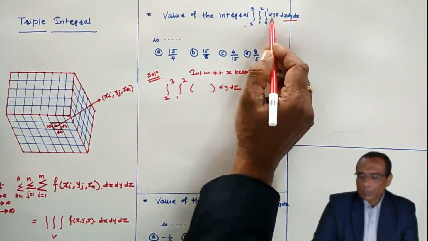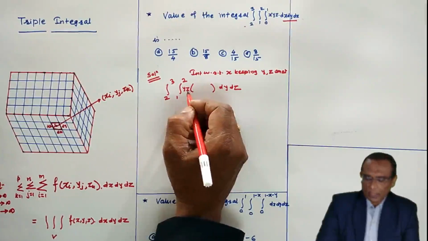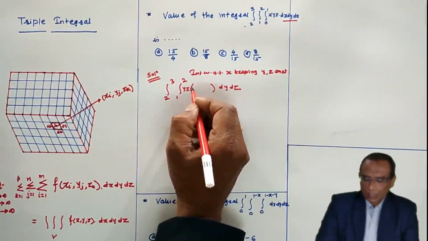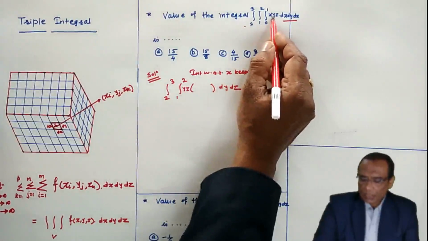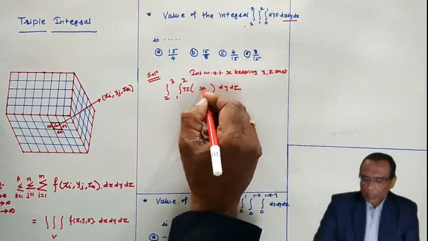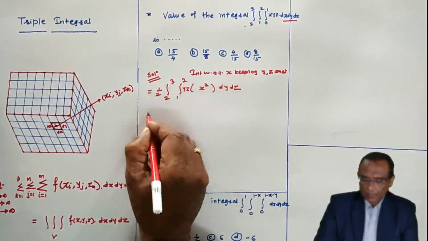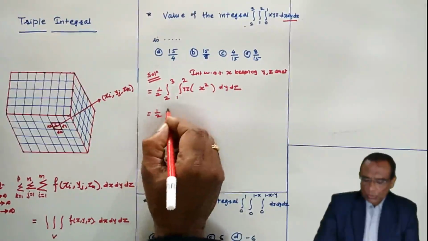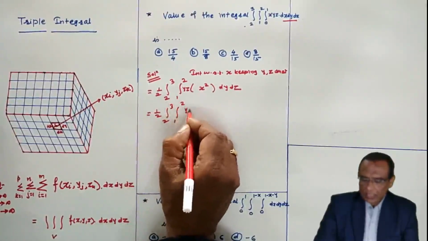When you integrate with respect to x, keeping yz constant, yz are multiplicative constants, therefore I have written them outside of the bracket. The integral of x with respect to x is x square by 2. This 2 I am writing outside of the integral because it is a constant. So 1 by 2, 2 to 3 as it is, 1 to 2 as it is, yz as it is,